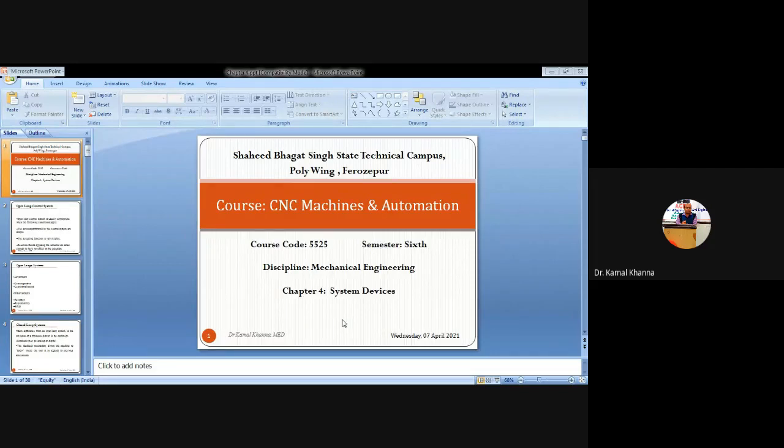systems, how the tools are positioned, and how the tools use the coordinate system to follow a set of instructions and perform operations, whether they are performing the operation point to point, or from a continuous path. And we'll study the path of the tool as well as the path of the workpiece.